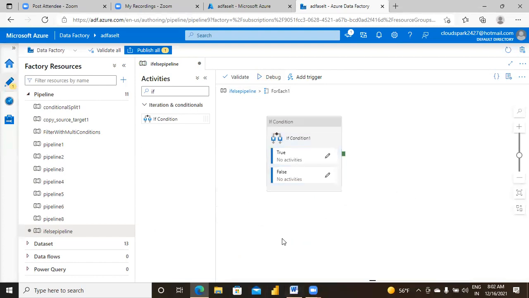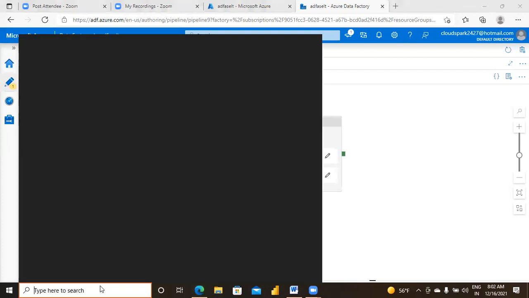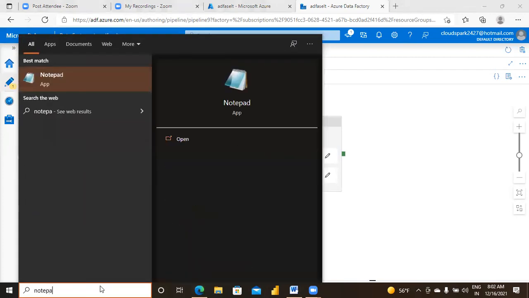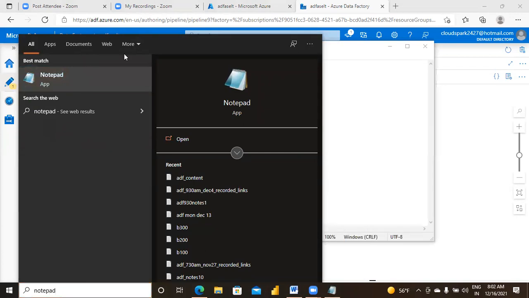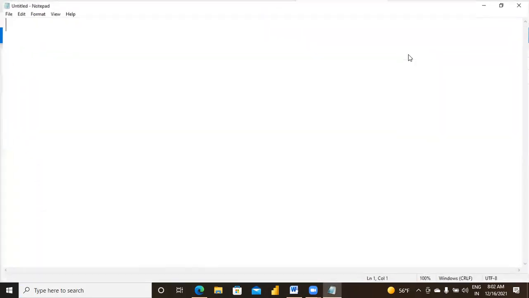Where is our notepad? Wait activity. Wait means, you can configure waiting time before execution of next activity.